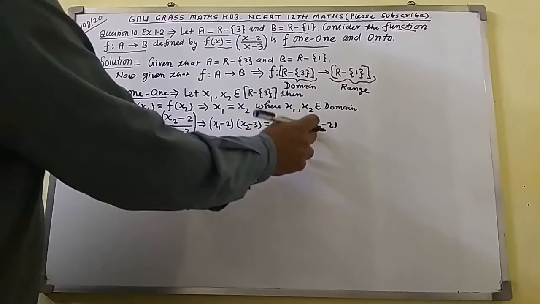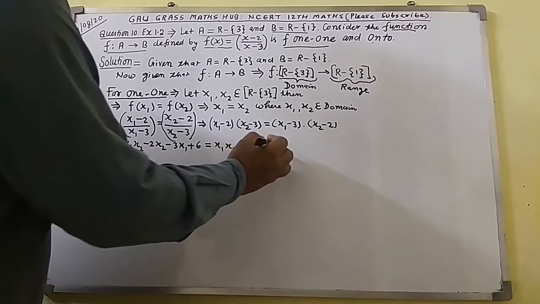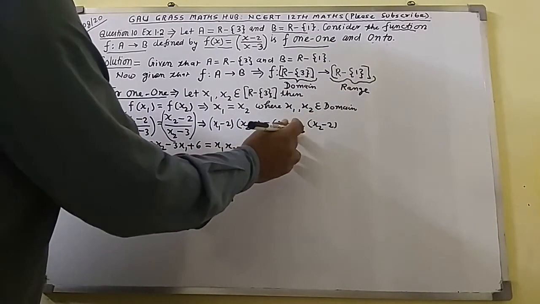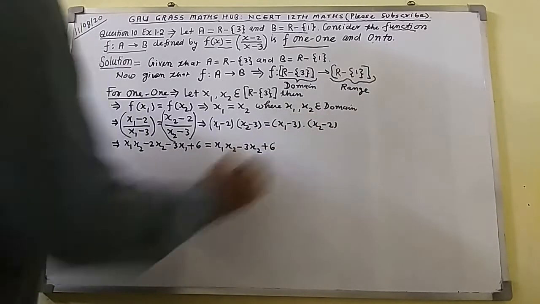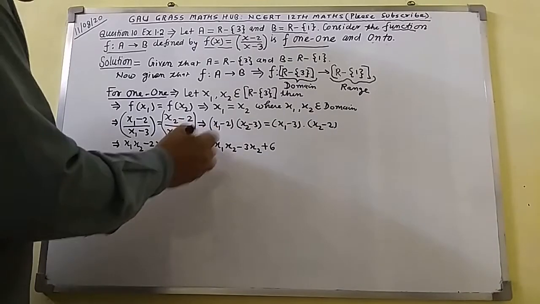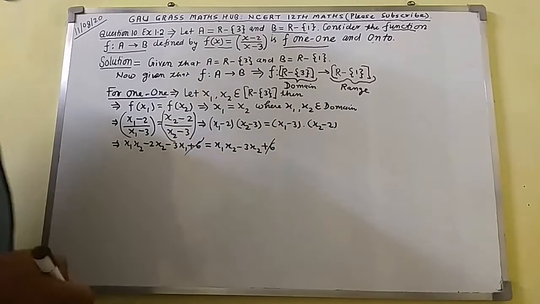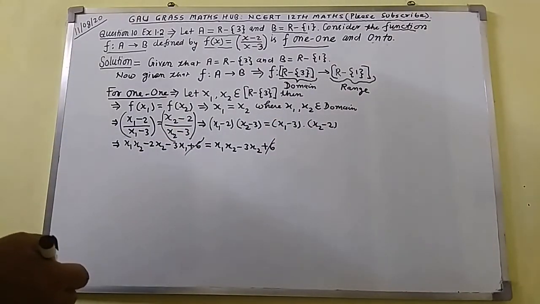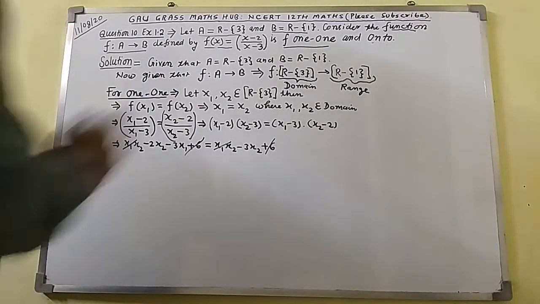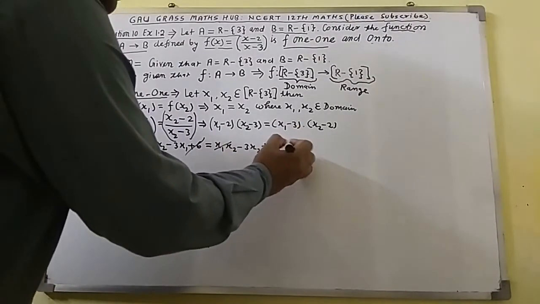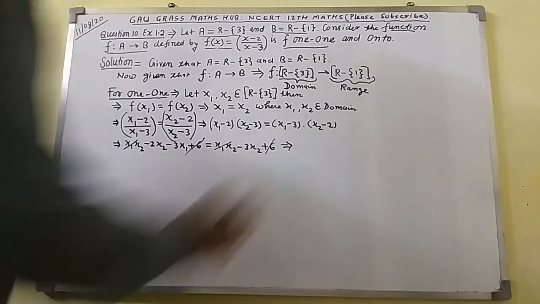This minus 3 f2 will multiply together. Here we will get minus 3 and minus 2 will multiply together, we get 6. Now what happens? This one will be cancelled out, and this one will be cancelled out. So you will get here, I am going to write, imply that